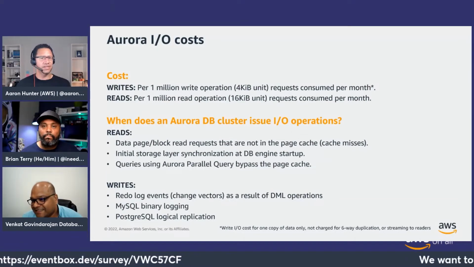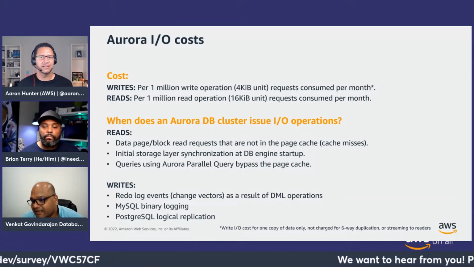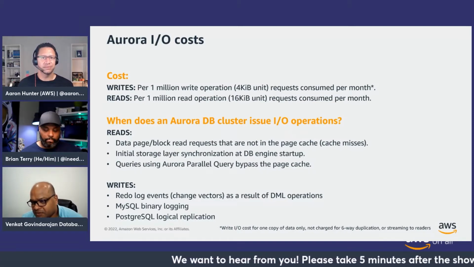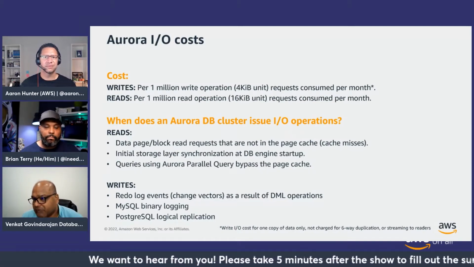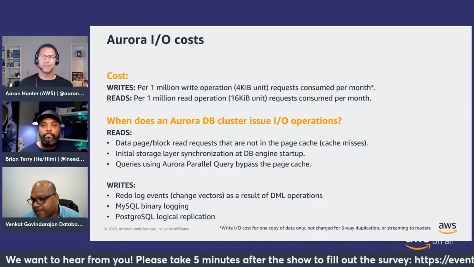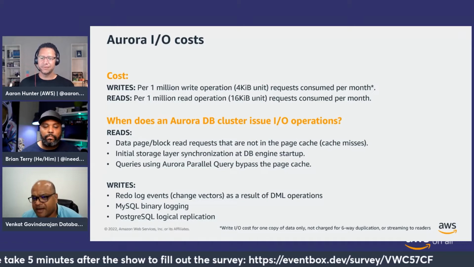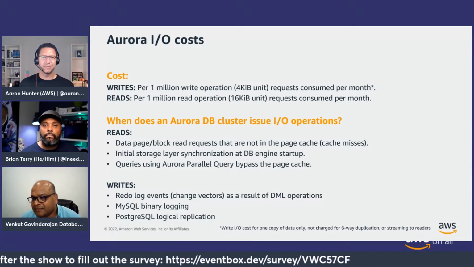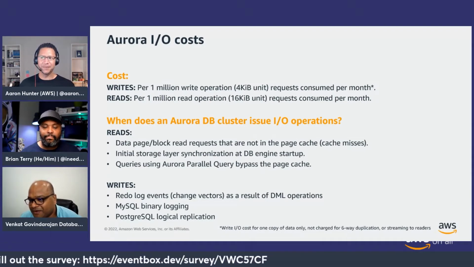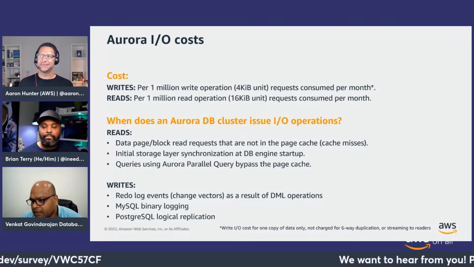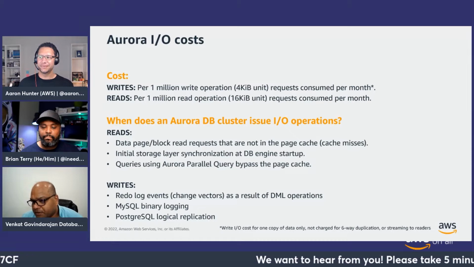Is there a free tier for those who are just getting started? There is a free tier, mostly on the instance size. I think it's T2 small, I believe, but I'm not sure if it's for Aurora or RDS. But you have the $500 credits coming up today, right, Adam? So probably you can use that as a startup for Aurora. But there are some costs associated with it when you start with Aurora,